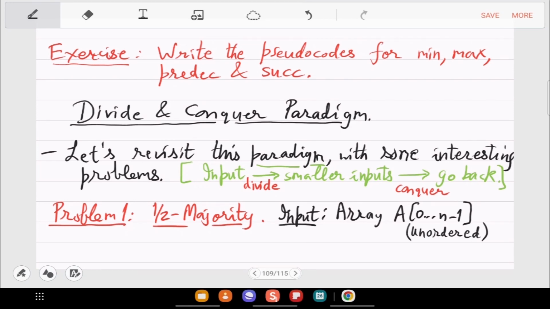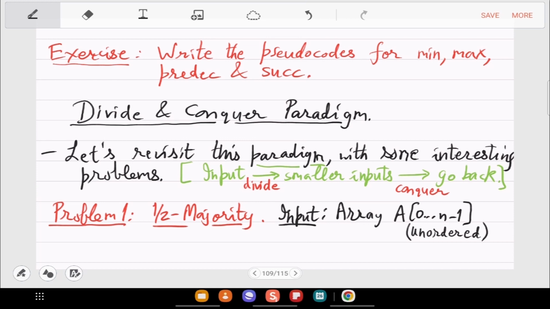It can be anything. It can just be an array of several structures, and structures themselves contain other things. So you cannot compare two structures, but you can still say that this structure is the same as that structure. So there is only an equality operator. There may be a comparison operator, but there may not be. And it's not needed in the problem because the problem is only about frequency, more than 50%.